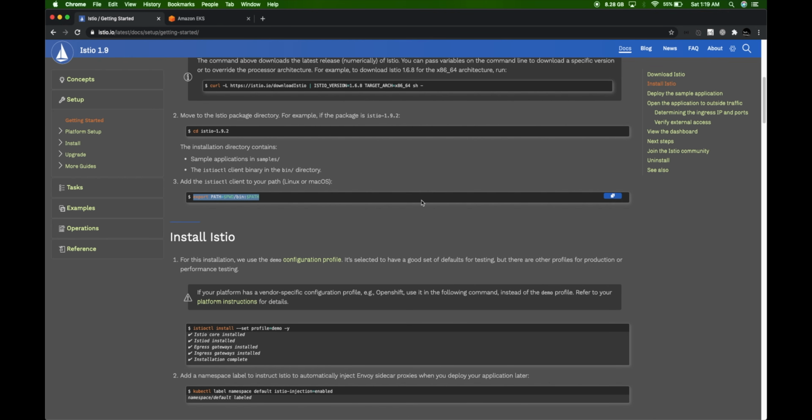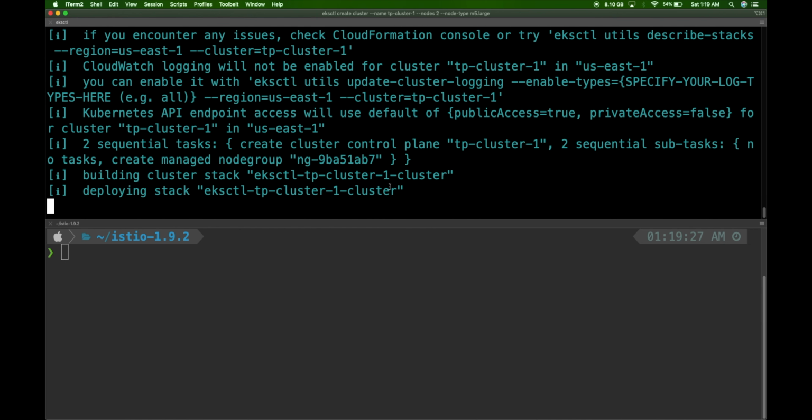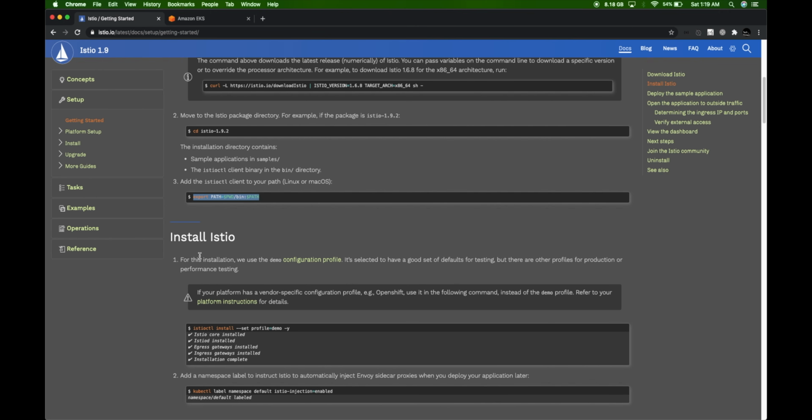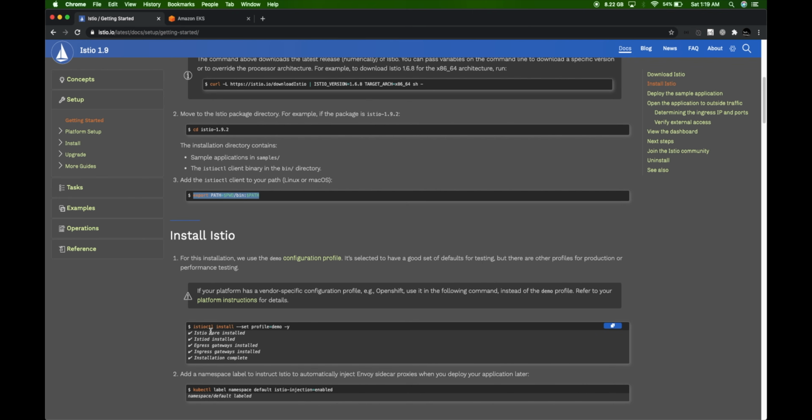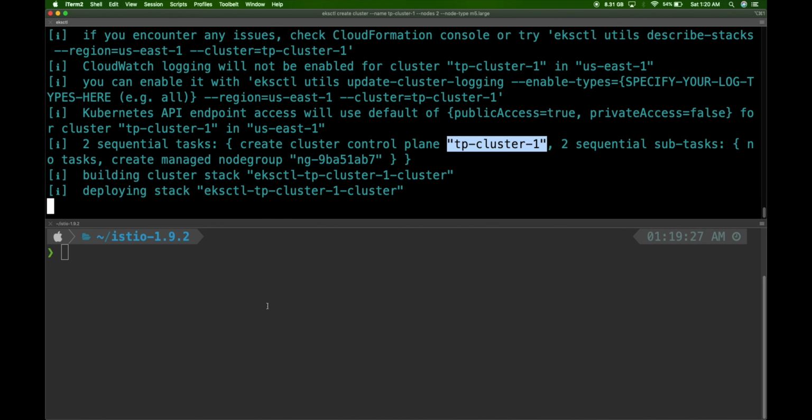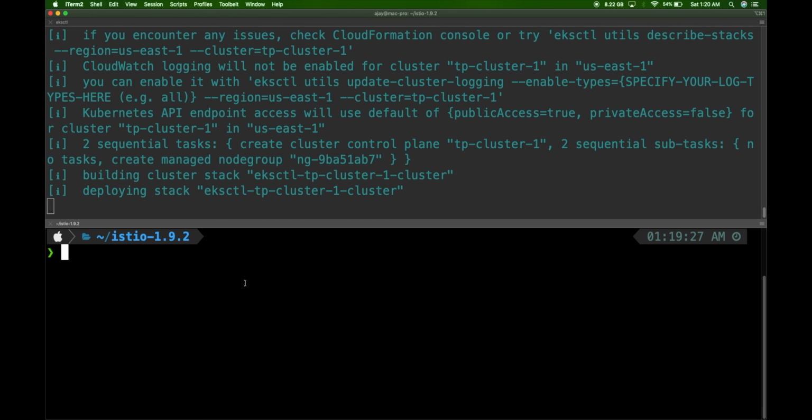Once that's done, we need to install Istio in the Kubernetes cluster. Right now our cluster is getting created. Let's wait for the cluster creation to complete, and then we will trigger the Istio installation command. Meanwhile, I'll just copy the command. What we are going to do is install Istio and set the profile as demo. All right, so that's what we are doing here, and also -y denotes yes for all the prompts. So let me wait until this particular cluster gets created, and then I'll run the whole